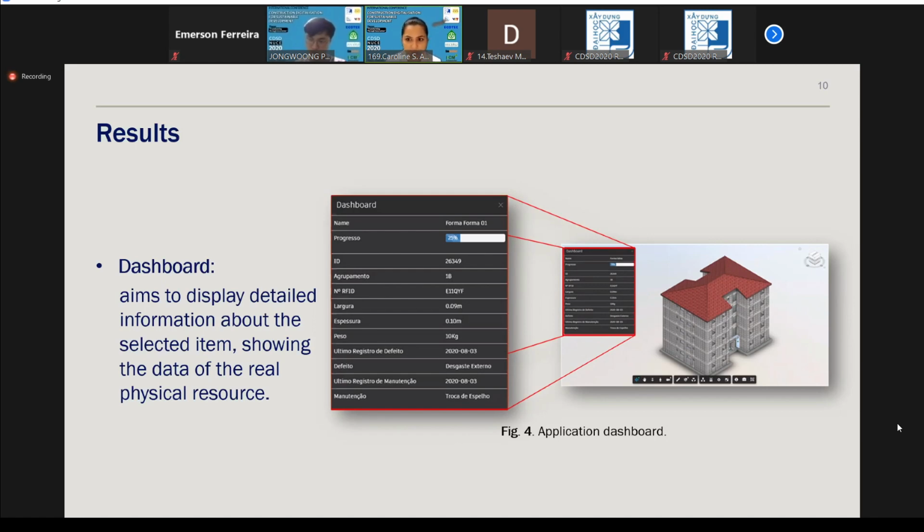And the dashboard will open, and you see the RFID number, information on dimensions, weight, height, and also the defects recorded and menace information about these elements. Just by selecting the physical resource.